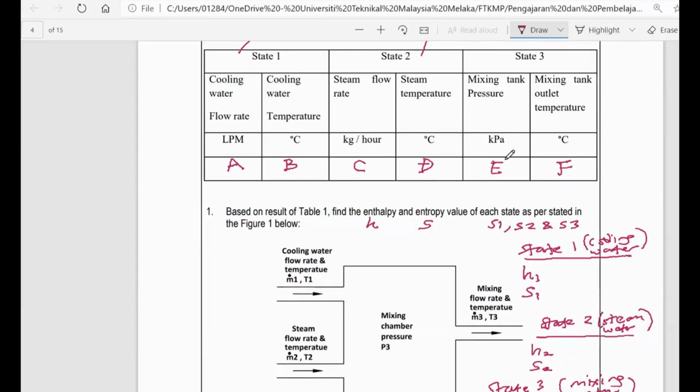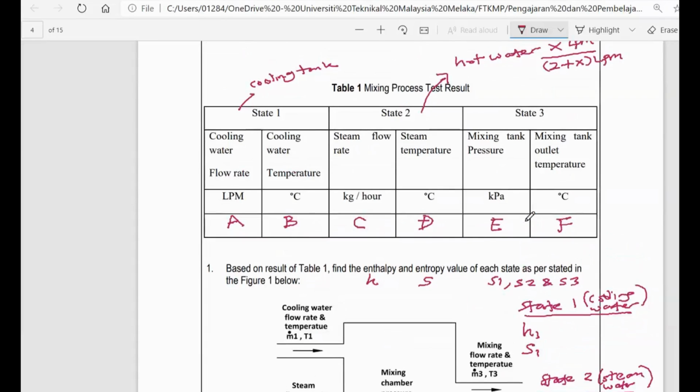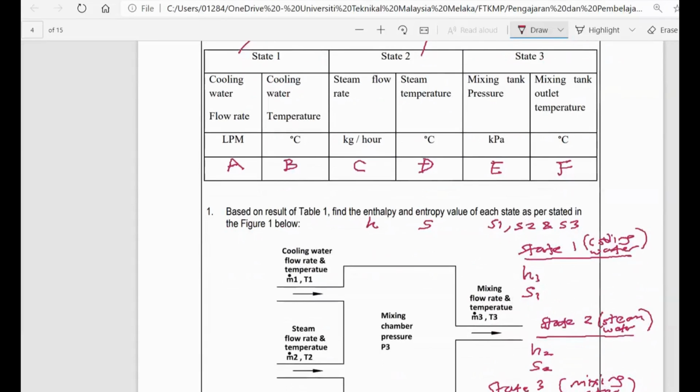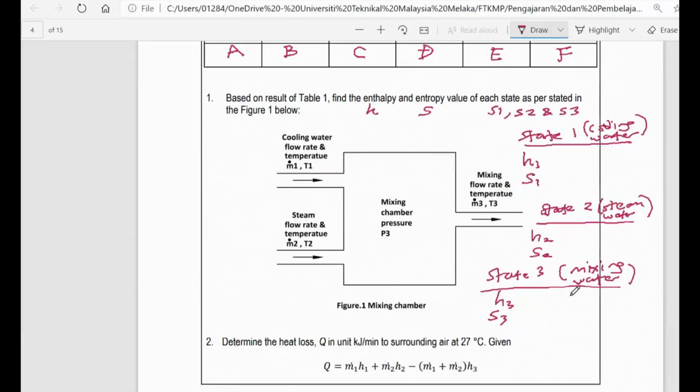Okay, for state 2, you must refer to the superheated table. The superheated table. So, how to find it, you already know, right? You have already learned how to find the enthalpy and entropy based on the table. Okay, let me share you the